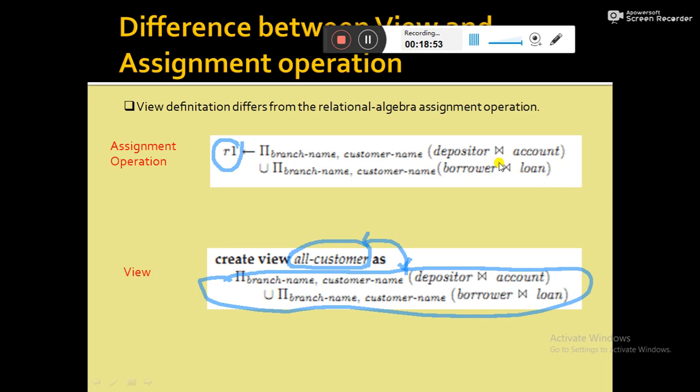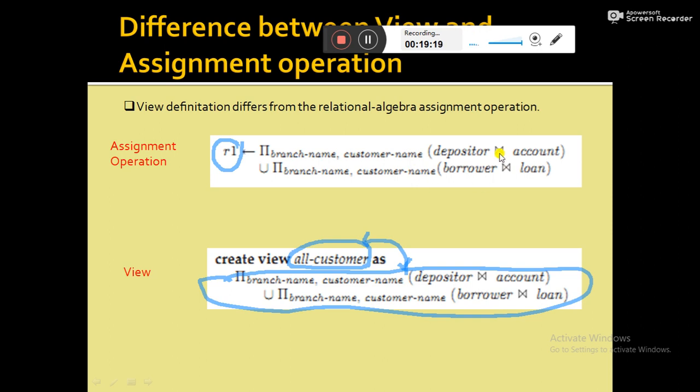So what happens when we are using R1 in another relation at the time of T2? R1 is not modified. That means changes in depositor, account, borrower and loan are not reflected in R1, because R1 was calculated at the time of T1. That is why R1 contains only the information that belonged to these four relations at the time of T1.